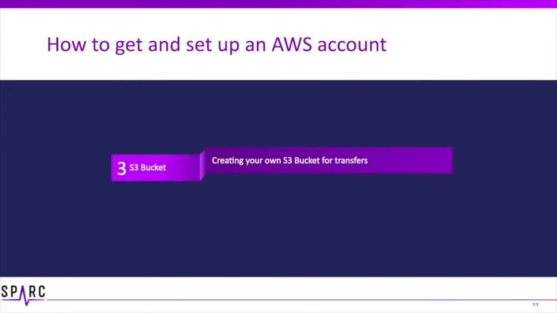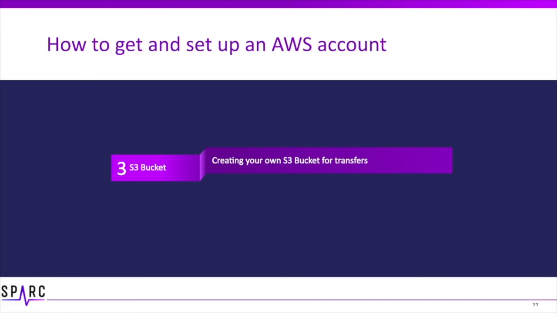In this third step, we will create your own S3 bucket for transfers. If you will only be downloading with AWS, this step is optional. The AWS S3 service gives you the ability to download files and folders directly to your computer, or you may take advantage of the AWS low storage fees and save and manipulate your own copy of the Spark dataset without taking up room on your computer. Storage in the cloud allows multiple users to access files from wherever they are.